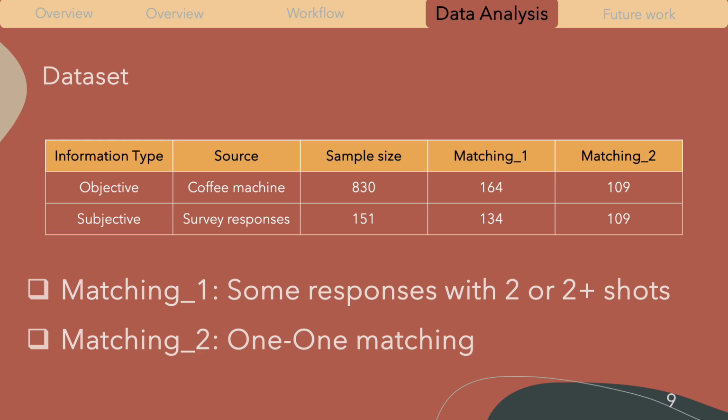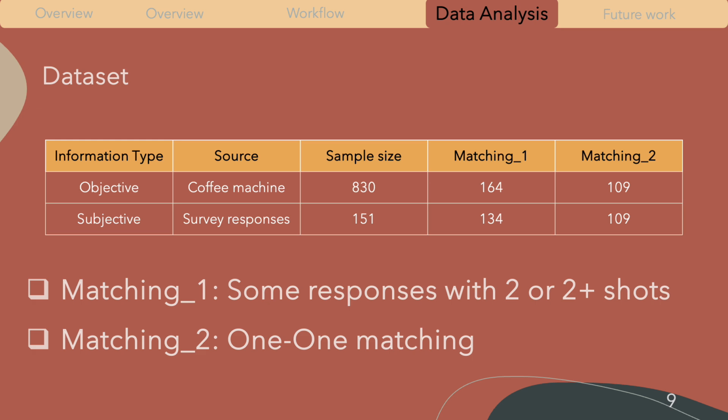As soon as we bought the machine, we started using it, and all the shots that were made have been recorded on the machine. So after we started this research, we still collected the information about the shots recorded in the machine. When we extracted this information from the machine and also our responses, we tried to find out which shots correspond to which response. And we found that